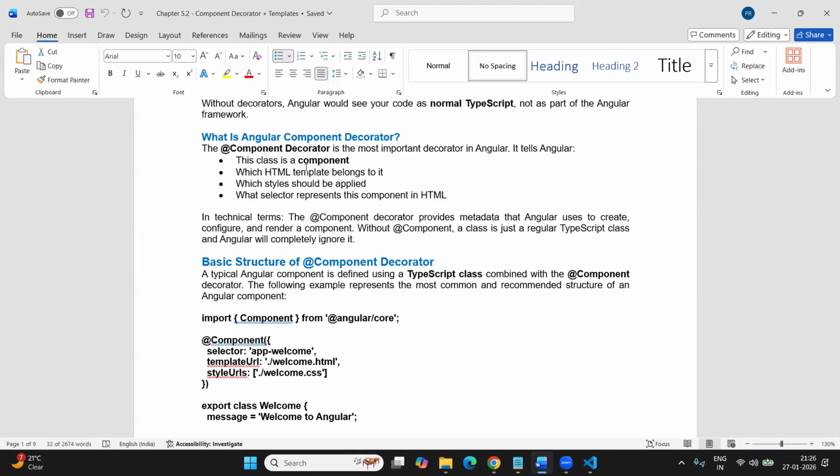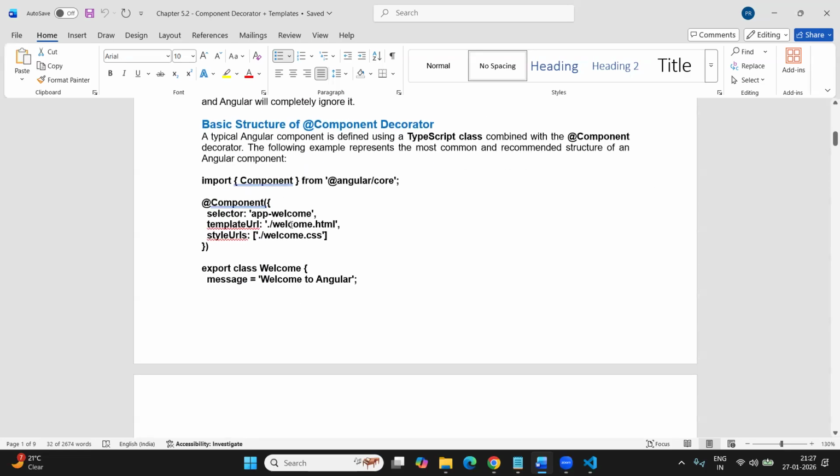This will make a class a component. It will tell Angular that this class is a component. It will also tell Angular that this template is associated with this HTML. So what is the associated HTML template? Which style sheets are to be applied? What selector represents the component in the HTML? So basically, what is the custom HTML tag? That is also going to be told by the component decorator. We have already discussed this, so let us try to understand it